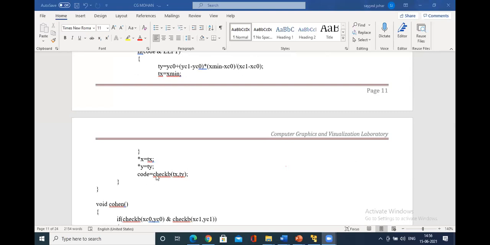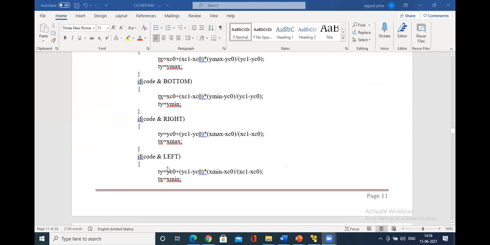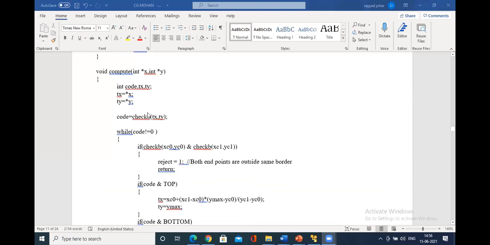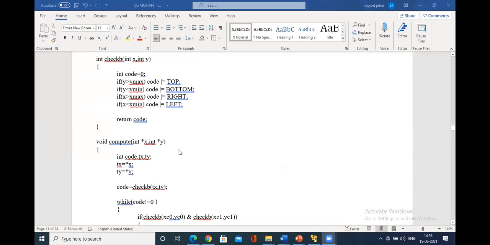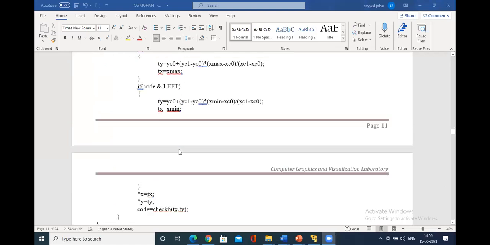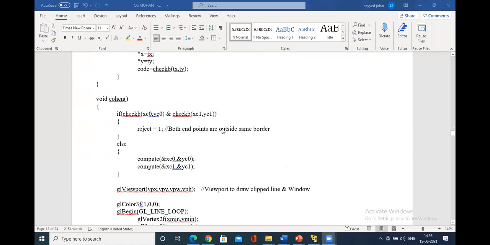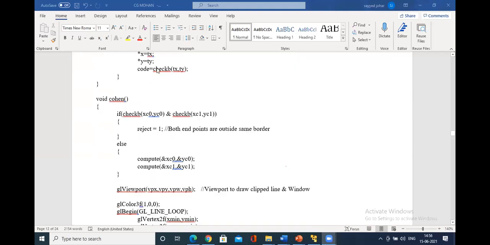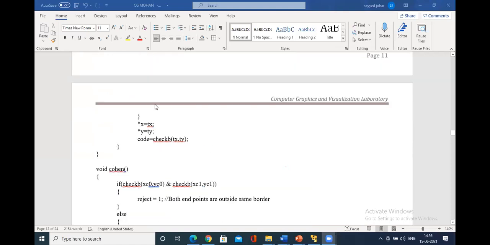You go on checking, right? When this condition fails, you come out of the loop. That is, in the Cohen-Sutherland we have specifically given that both the endpoints are outside for this case, or else you have to go on computing. You go on computing until you get the finalized value of star x and star y.